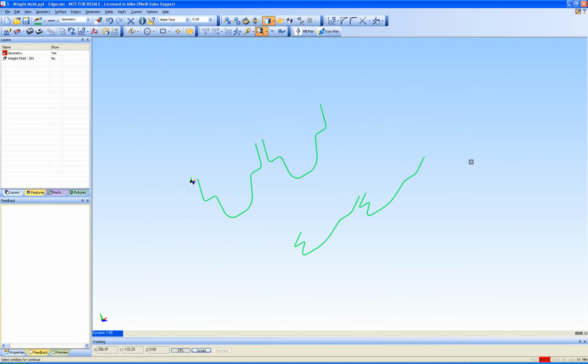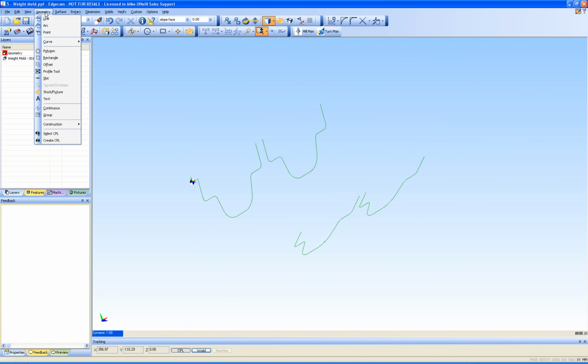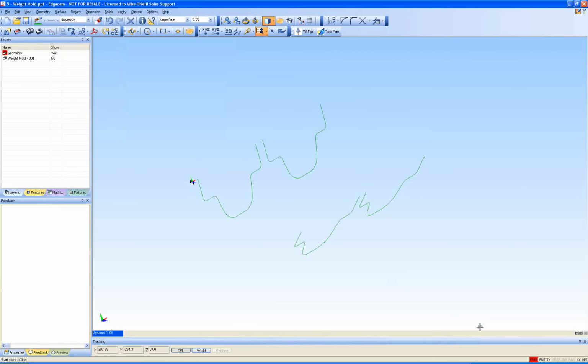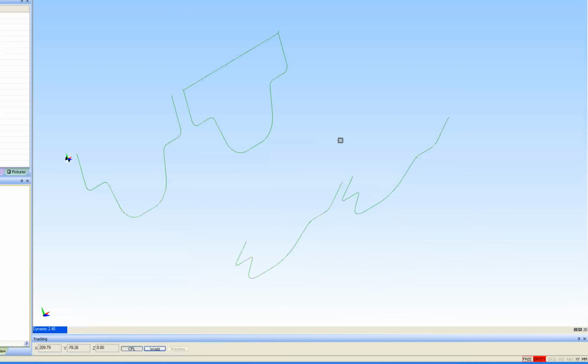Again, I'll just window that area. It will do me my 4 continuouses, as we can see here, and then what I'm about to do is just create the second element of the ruled surface, which in this case is just a plain line, and I'll just simply go from here to there. You may notice that I took my cursor down to the bottom right hand corner to switch between free and entity. And again, some users don't know that. They waste a couple of seconds just waiting for it to latch on,